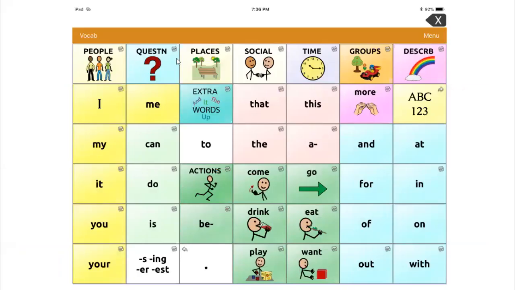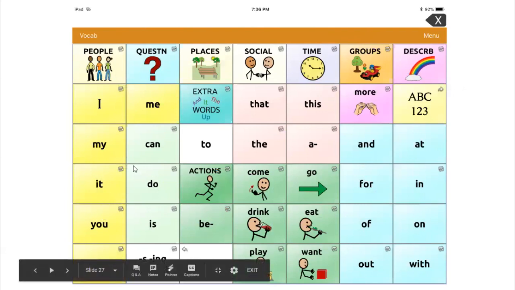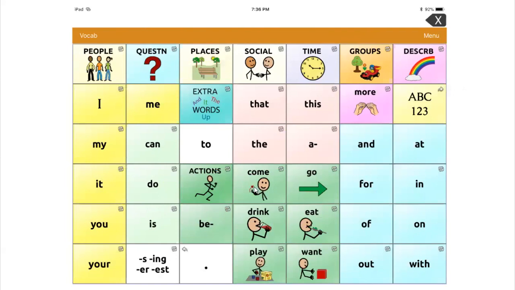So this is a Word Power 42 layout. So you can see, he also had some sight words, a little bit of an ability to spell and read. And so I knew that giving him access to something that was really robust and allowed him to kind of break out of what he could currently do was important.